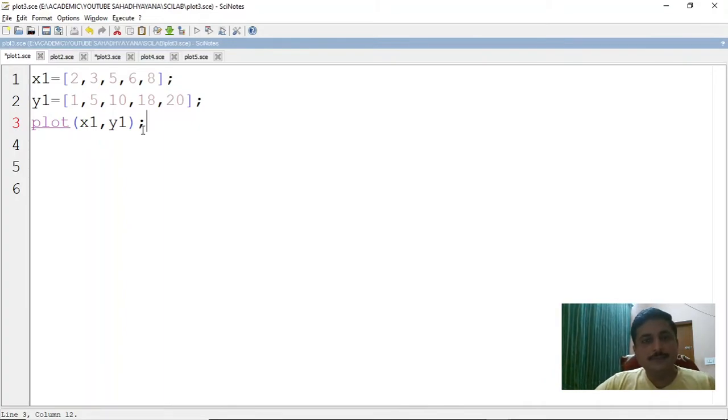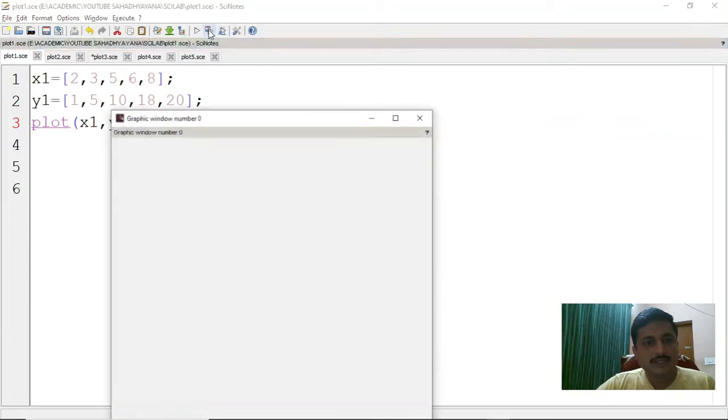In Scilab there is an inbuilt function for plotting a graph, that is nothing but plot of two variables, or even more variables are possible. In this case I have x1, an array of values, and y1, an array of values, and I am just writing plot of x1 comma y1. So let us see what happens.